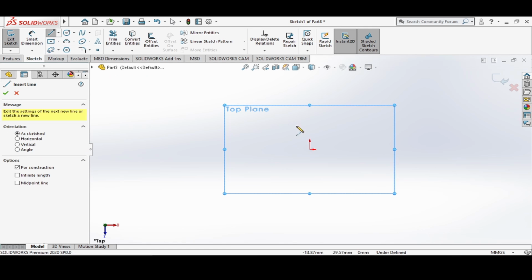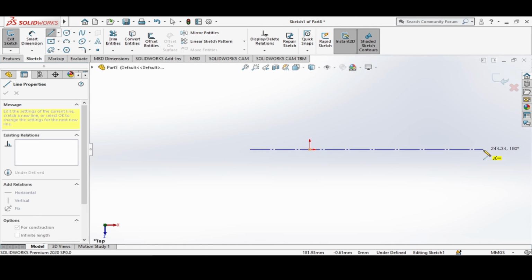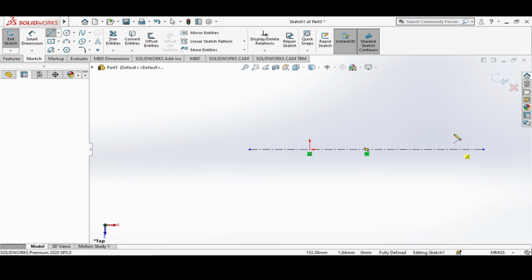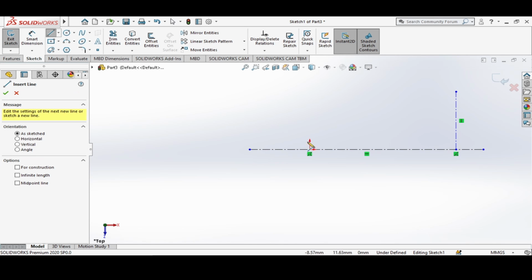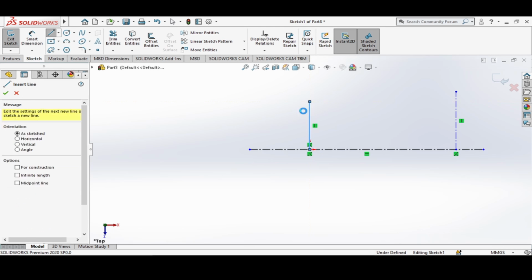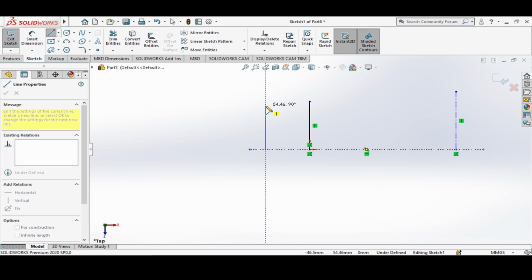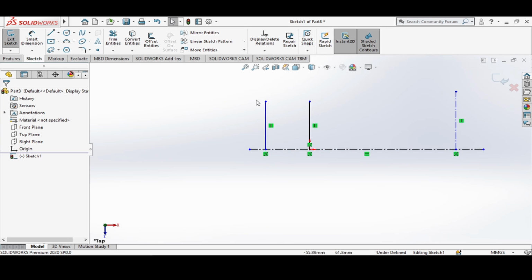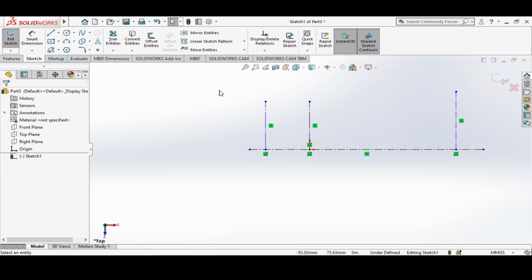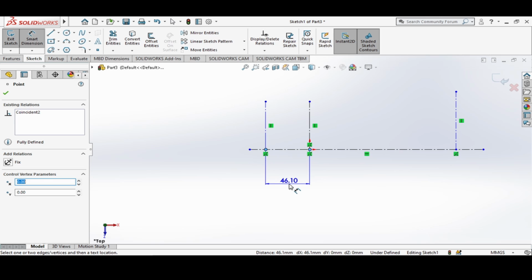Now we will start by drawing on the top plane, then choose sketch. Then we will use several center lines. Then again another center line here. Then another one originating on the origin. Then again on this part. After that, select these two, then convert it to construction geometry. Now we will assign dimensions. They should be